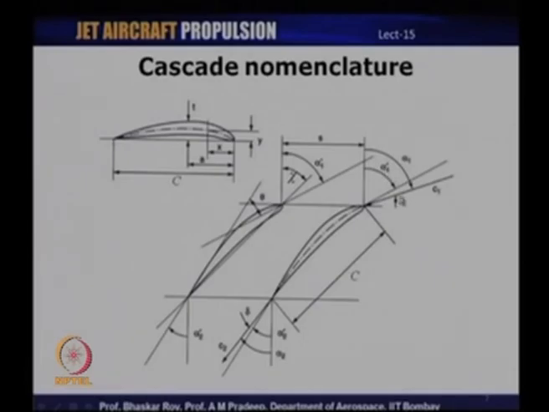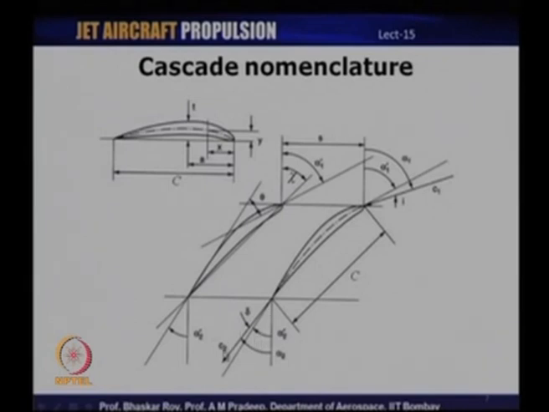This angle which is indicated here as i is alpha 1 minus alpha 1 prime. That is known as the incidence angle. Incidence angle is basically the angle of attack, as you would have learned when you studied aerodynamics of airfoils, the angle at which the flow is actually entering the blade, which may or may not be the same as the blade inlet angle. If it is different, it means there is a certain incidence which could either be positive or negative. If alpha 1 is greater than alpha 1 prime, then we have a positive incidence and vice versa. And similarly, at the exit we have